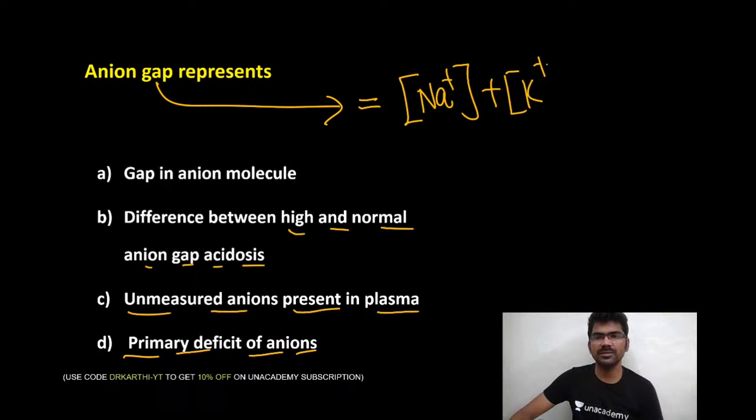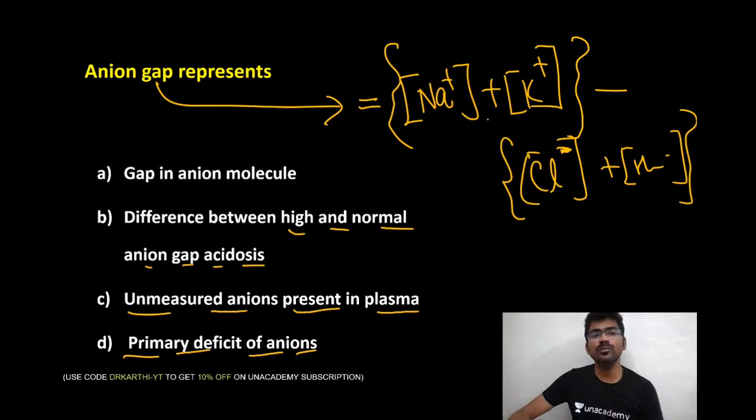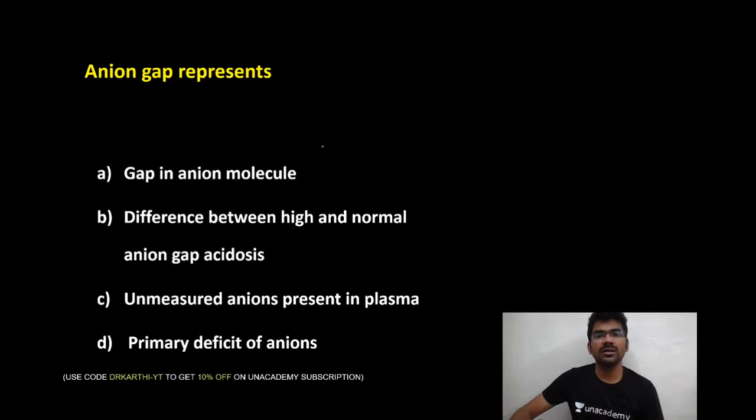Which is the major positively charged ion, is your sodium. Sometimes you can even omit the potassium, right? The major one, chloride, right? So chloride, you can take even bicarbonate sometimes. It all depends. So when you measure the anions and cations, you expect it to be equal in the